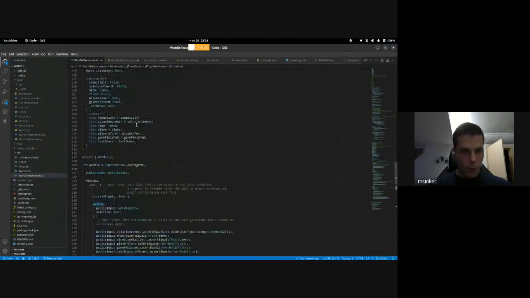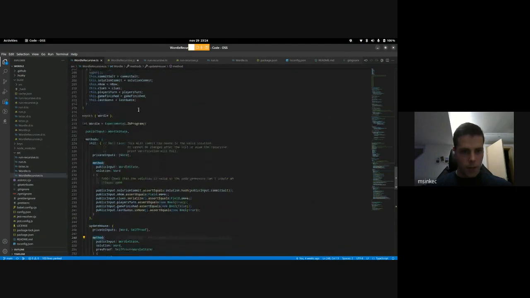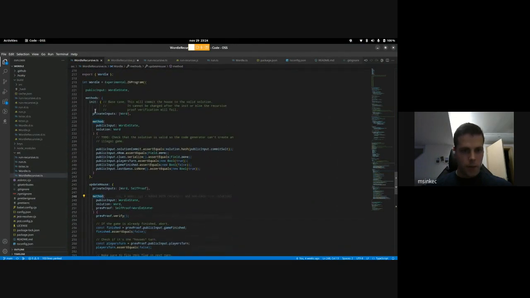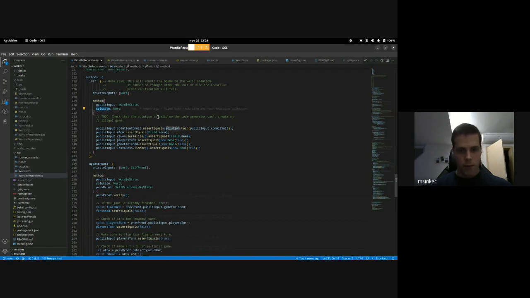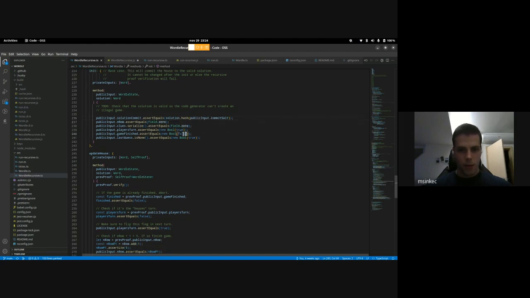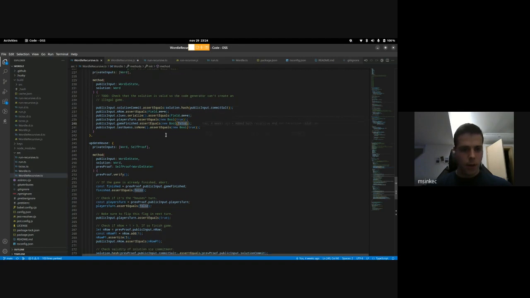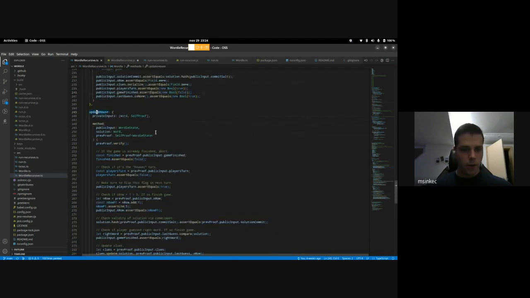Okay, so that's the ZkApp program. It takes a word, the solution, as a private input. It also has this salt, and then you hash it and make a commitment. And so you initialize it by attesting that it is correct, and also you initialize all the state variables with default values. And then you have 2 methods.